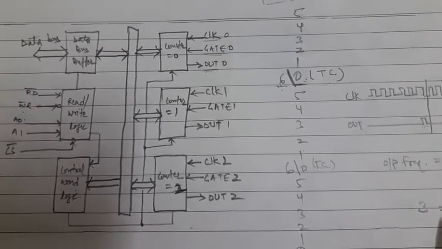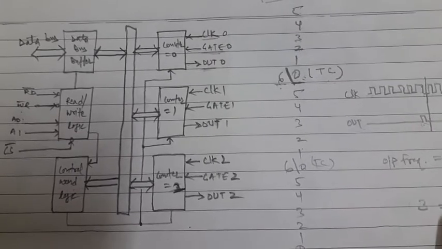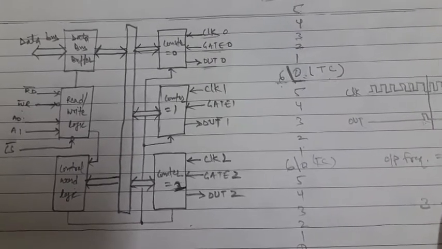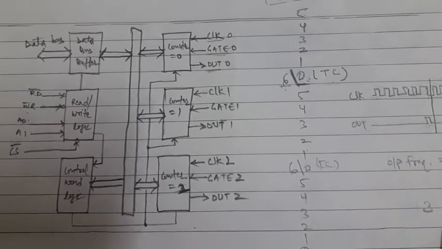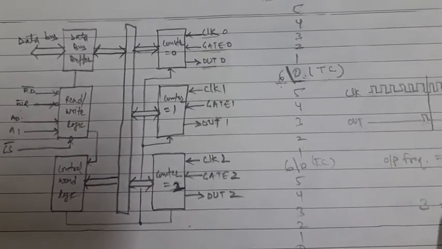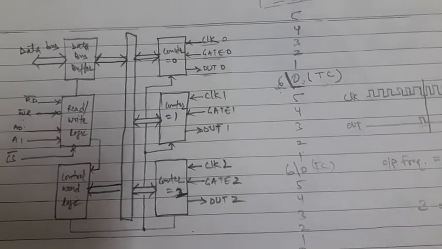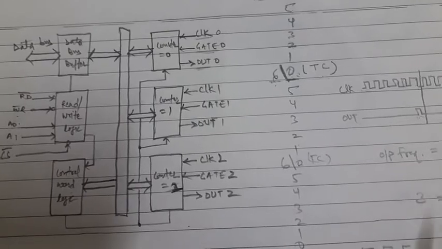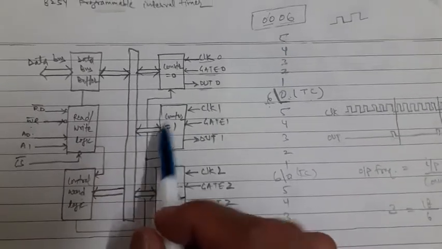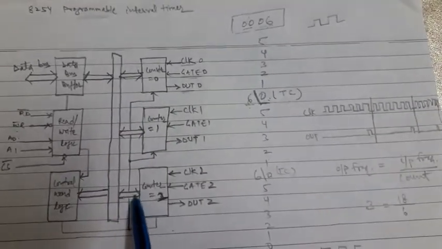And when MUPI reads back the command or the count, then it gives the read signal. So there is a facility to read back the command. MUPI can read back the command as well as the count, and that's why these links are bidirectional, because MUPI can read back the command.